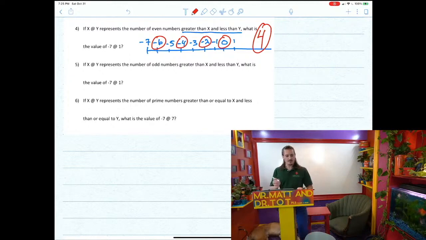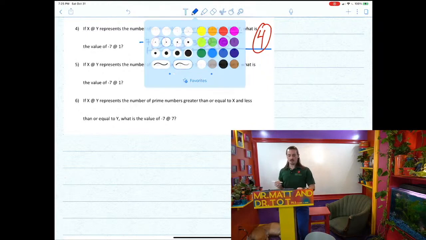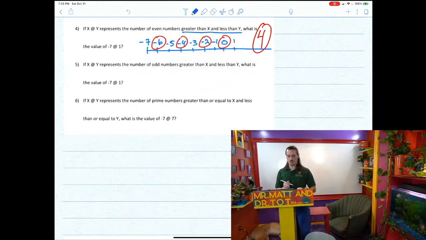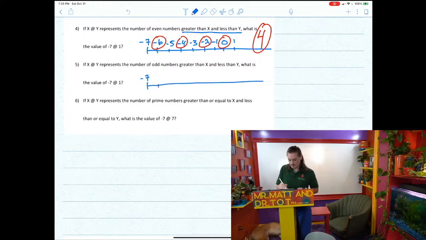Number 5, if x at sign y represents the number of odd numbers greater than x and less than y, what's the value of -7 at sign +1? So it's the same type of deal. We're going from -7 all the way up to +1, -1, 0, and +1. Now that's still greater than x and less than y, still exclusive to the minimum and